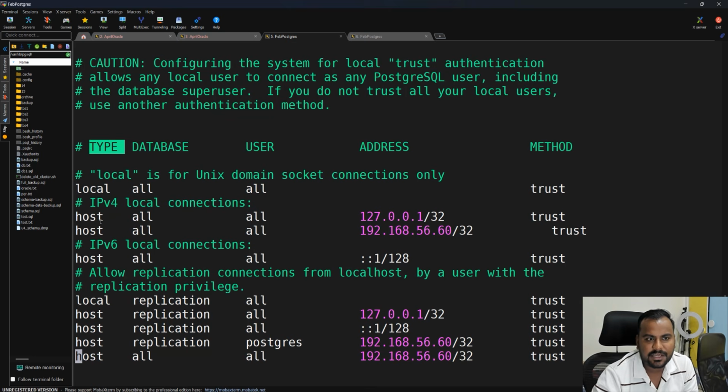So the first one is type. The connection is coming from a particular host. It is not a localhost connection. It is coming from host. All database. So anyone who is coming from the host can connect to all databases. All users. So all users can connect to all databases, especially the person who is connecting from this particular